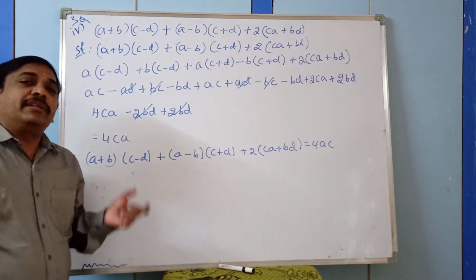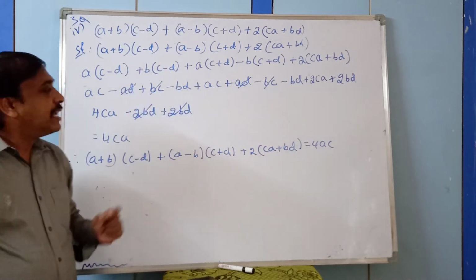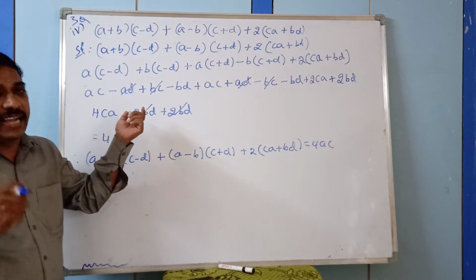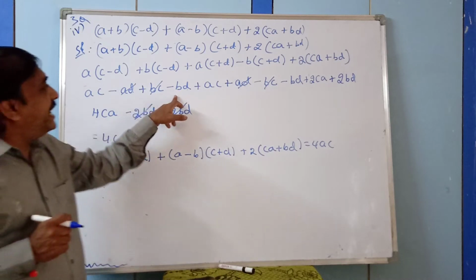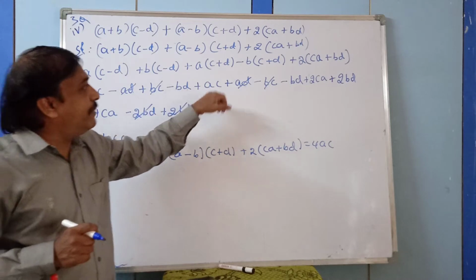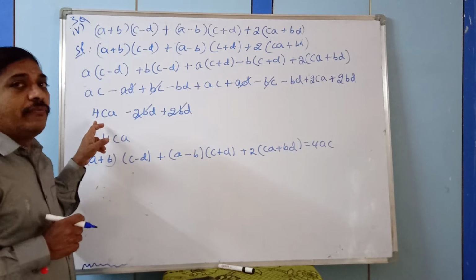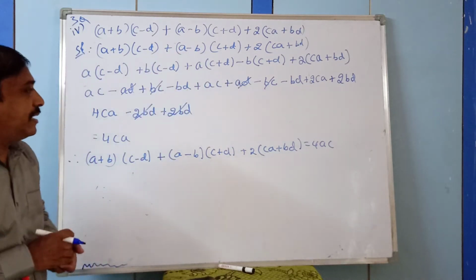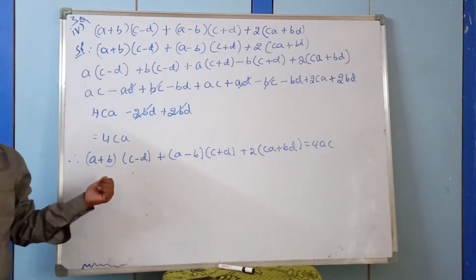So every step, therefore, is very important. First we multiplied each and every term. Then we simplified the like terms with different signs. They get cancelled. Like terms: this is minus AD plus AD, minus BD and minus BD, 2 times of BD plus 2BD. AC is 1 time, here 1 time, total 2 times. So 2 times of AC plus 2 times of AC together will be 4 times of AC. Then plus BC and minus BC get cancelled. So finally, what is the result? 4AC. Is it clear, children? Understood?